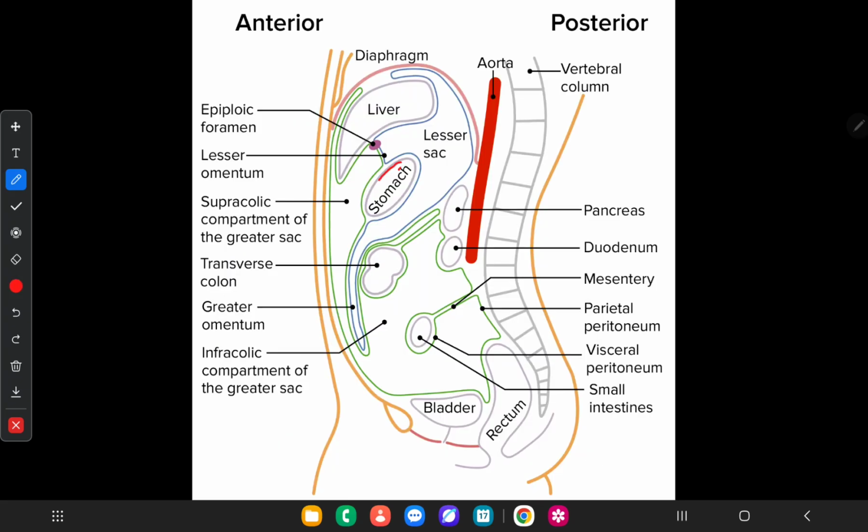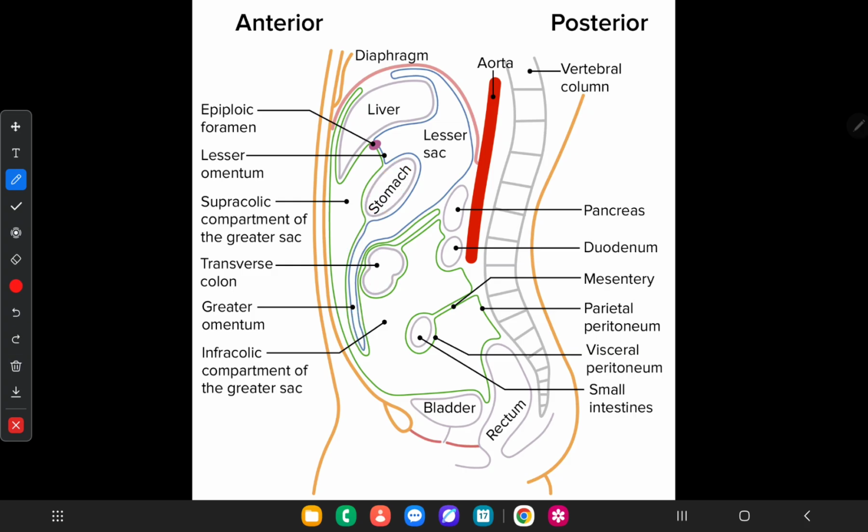Here you can see the stomach is there, and here the greater curvature, and the greater omentum attached to the greater curvature as two lines. Here you can see one and the other one is here. And both of these lines, or the peritoneal linings, come downward and again they go back upwards. And you can see here is the transverse colon,